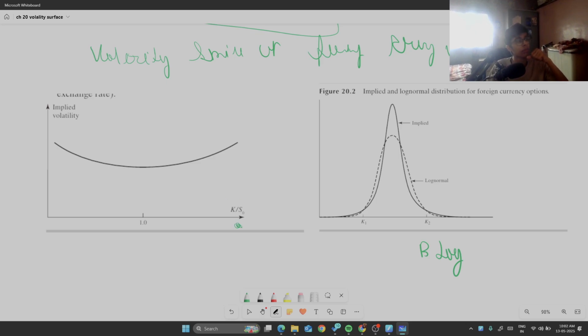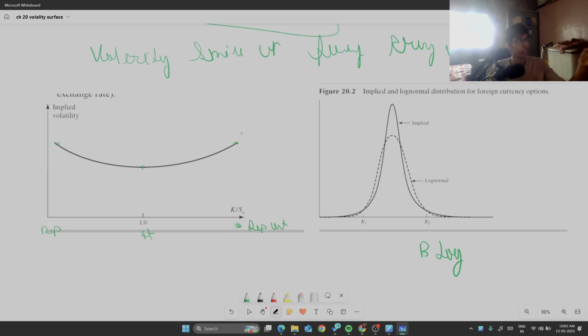See, this is a deep out of the money option, and another deep out of the money option, and at one it is at the money. So you can see that at the money the implied volatility is very low, right? And for deep out of the money the implied volatility is much larger,